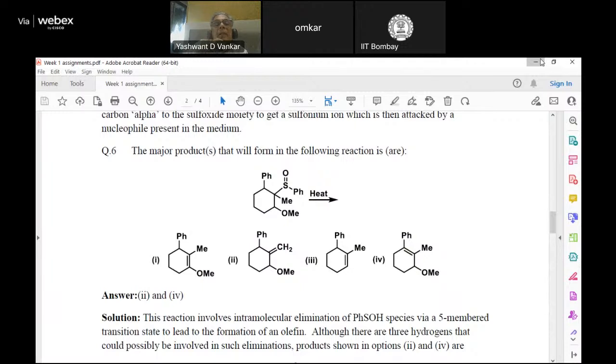So if, instead of adding methyl magnesium bromide, you add lithium aluminum deuteride or hydride, obviously a similar type of thing will happen. And when you study the reduction part of it, a lot of stereochemistry is going to be talked about. Then there can be a combination of oxidation and reduction. So one can reduce a compound. For example, you have an ester, you could reduce it to the corresponding alcohol, and the alcohol from the ester will be a primary alcohol,